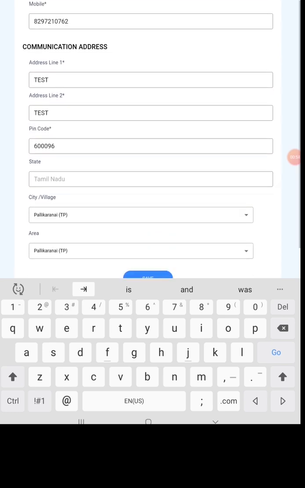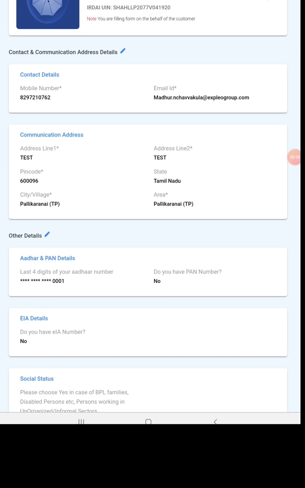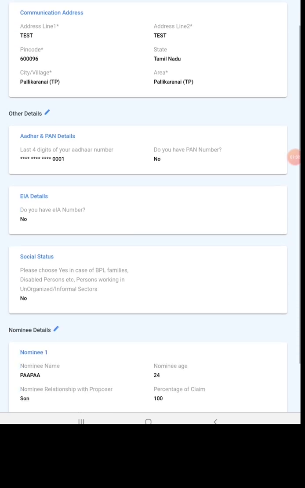So this is the email ID and this is the address. You can save it, see the edited details, verify them, and click on next.